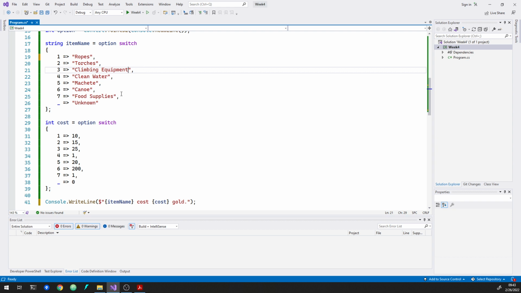I don't know how to make that right. Climbing equipment. Clean waters. Machetes, canoes, food supplies. We could do that. Like I said, some of these are going to be super awkward. Climbing equipment's cost. So, like I said, the text down here was a for example, and we could do something like